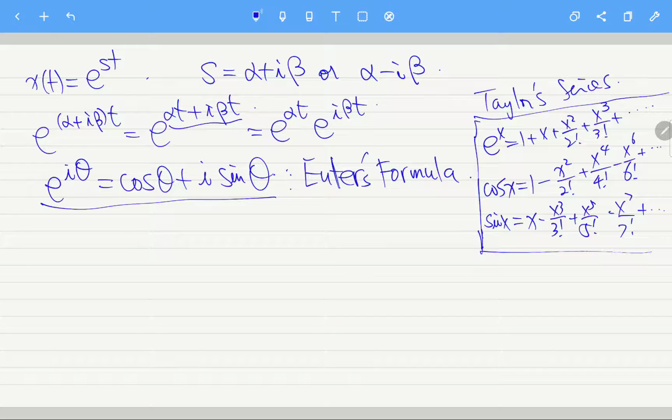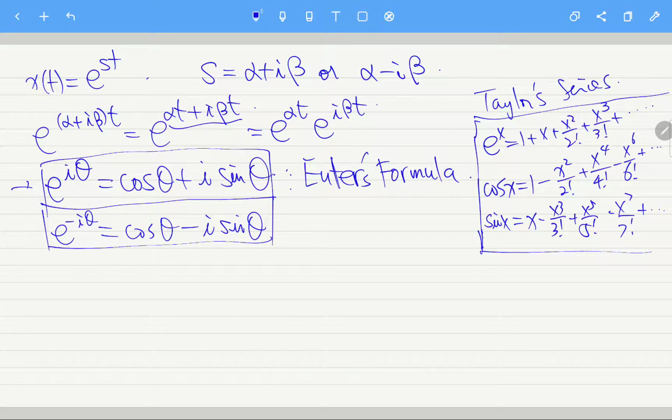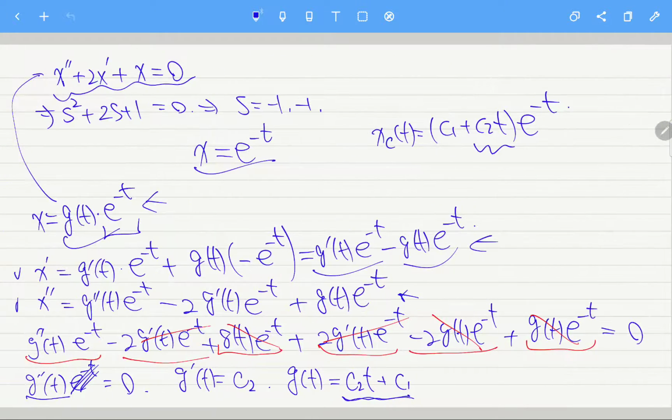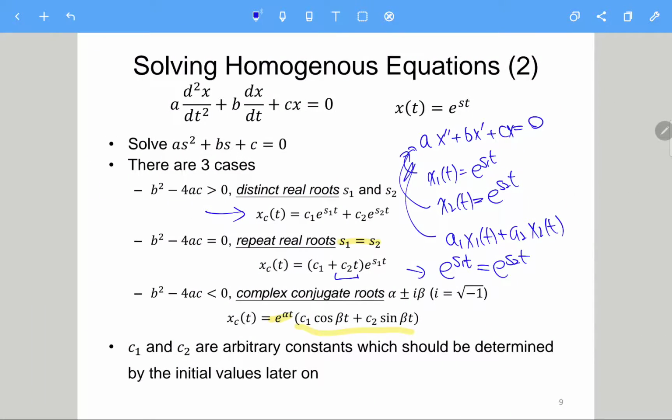Another expression is exponential to minus i theta, which will be cosine theta minus i sine theta. They are dependent on each other, but both of them are useful. So here we have this one and also this one, which means we have two solutions. If we just follow the first case,